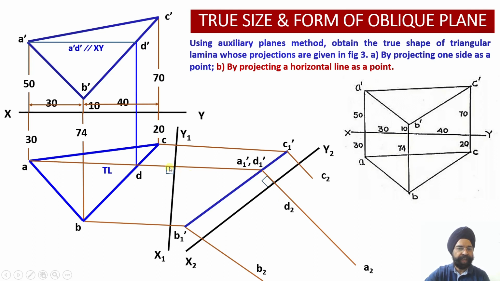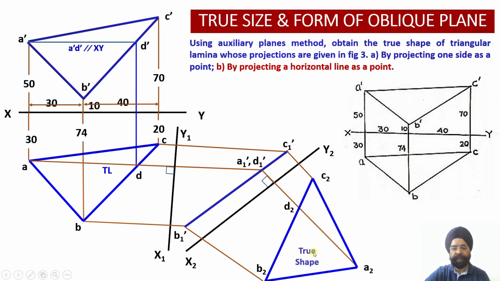What is the distance of A? So this is the distance of point A. From X1, Y1, I will be measuring this distance, and from this X2, Y2, I'll mark this distance of A2 using the divider. Similarly, what is the distance of B? I'll measure this distance of X1, Y1 from B, and again I will mark this distance over here. Since this is the second iteration, you can see the numbering will be A2, B2, C2 and D2. And whatever shape is obtained, this shape will be called the true shape.